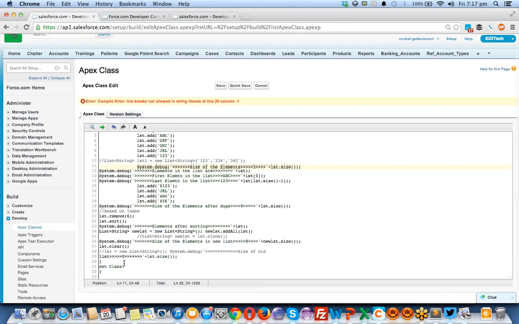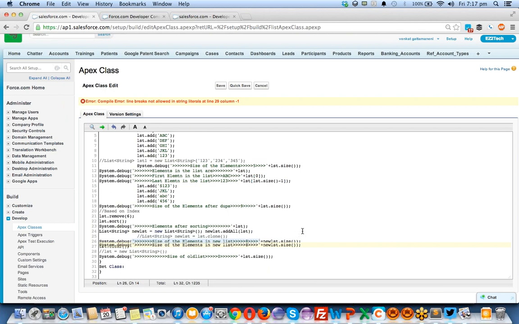Line number 29. What's line number 29? What's happening here? I just want to click on enter, because if I'm using some string value inside system debug, you should not write a new line in the static string. This is a simple static string for showing the result.